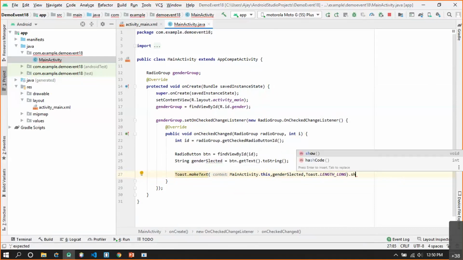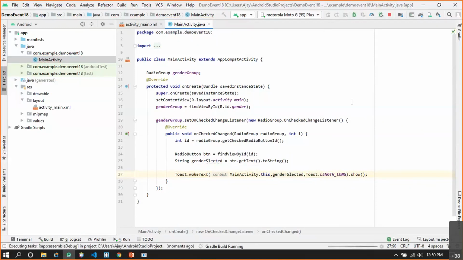And we have to show that text by calling the show method on that. And then we have to run the application by applying the changes. And let's see what happens now.